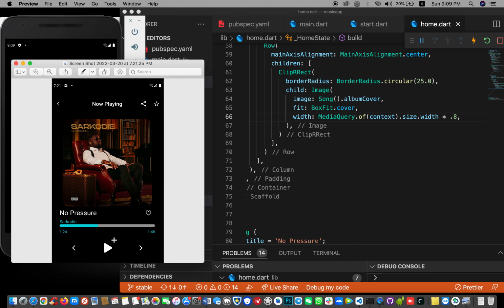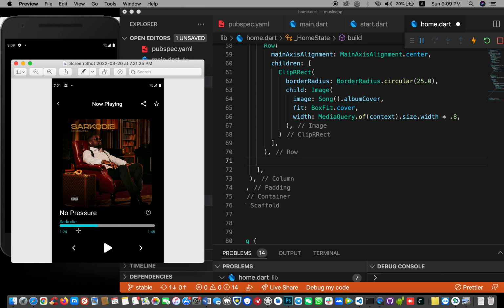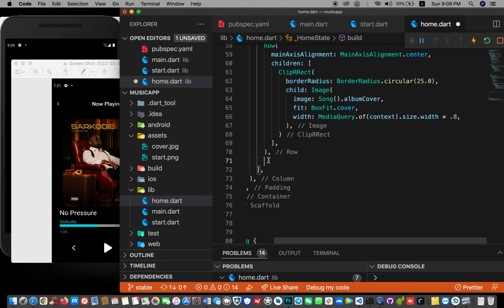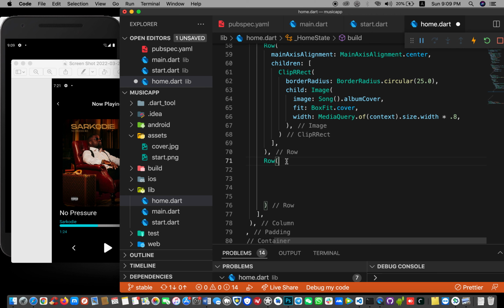Okay, so let's continue. Good. So after the row, the rest of this should also take another row, another row for the rest of it. So I'm gonna add a row here. And for this row,